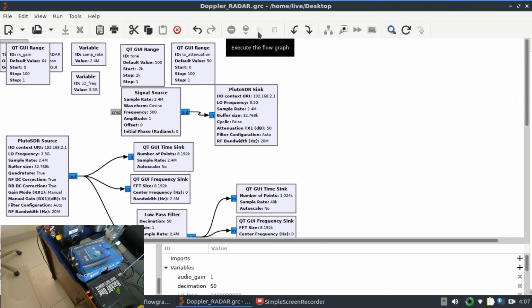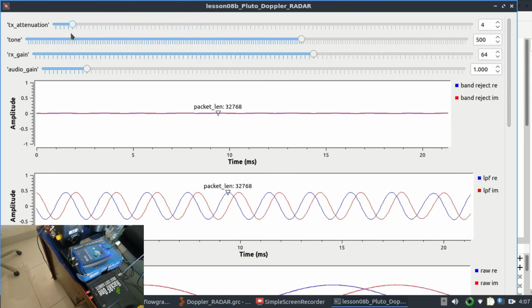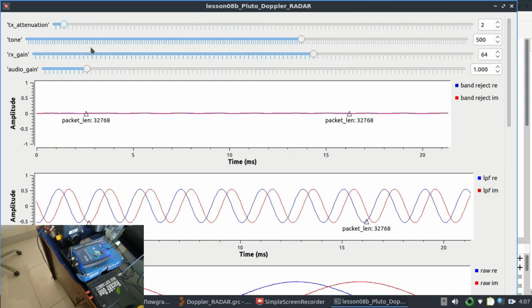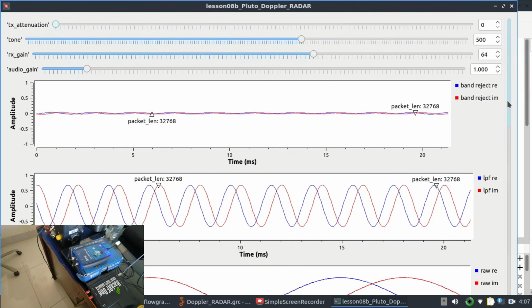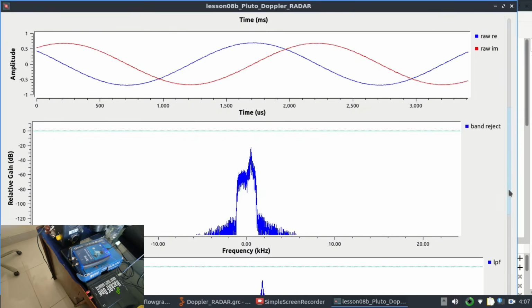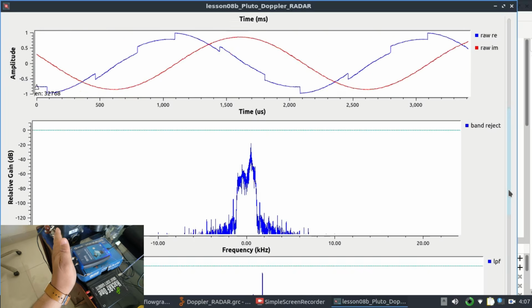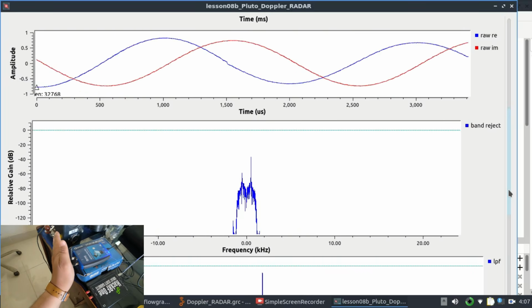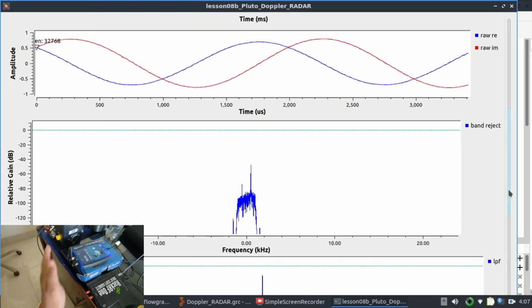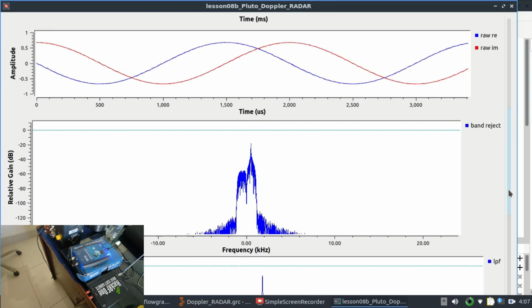So let me hit play. Let me turn down the attenuation to minimum. And then you guys can see the effect. You see that change in frequency? Can you hear this change in frequency? Or when I bring an object, because what's happening is this,